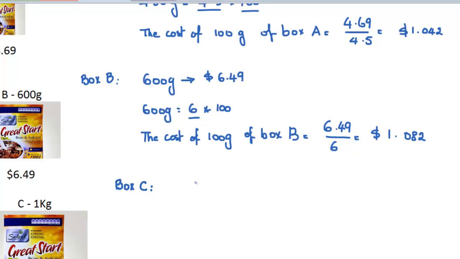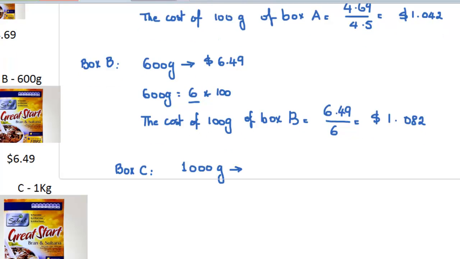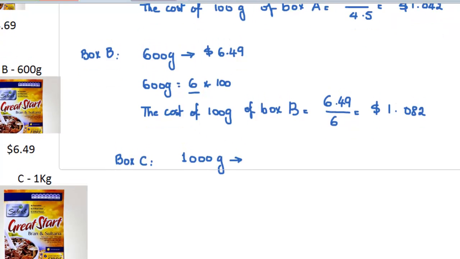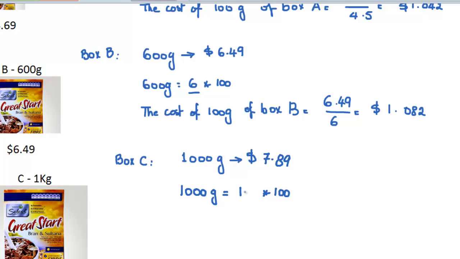Box C, 1 kilo. For sure, the kilo means 1,000 gram. The cost is what? If I go a little bit down, I will find that the cost equal to $7.89. So I will break the 1,000 gram, and I would say 1,000 gram divided by 100 is 10. So in this case, I would say the cost